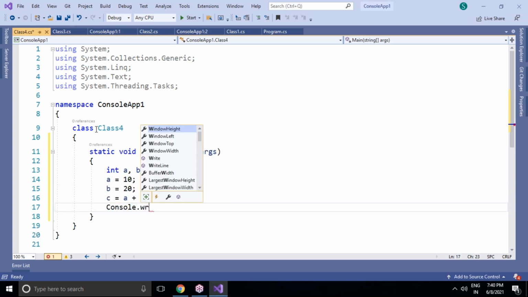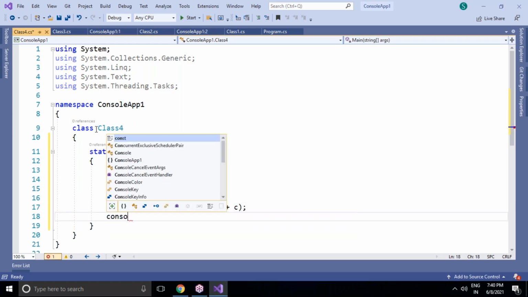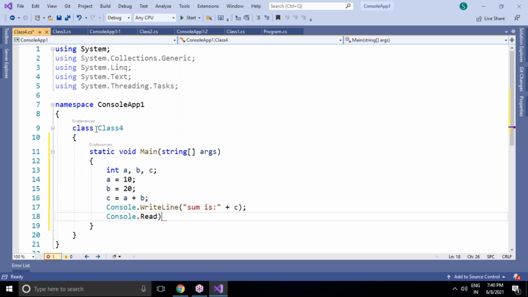I would like to print the c value, the sum, where the sum value is stored in c. Finally, there is Console.ReadLine. It's a simple program, not complex. I took three variables a, b, c. The value of a is the first number and the value of b is the second number. A plus b adds two numbers and c is the result. But here I'm not at all accepting these two variable values, a and b, at running time.